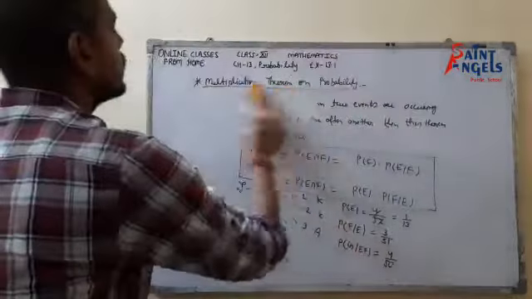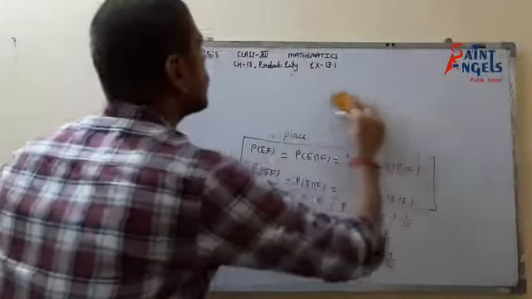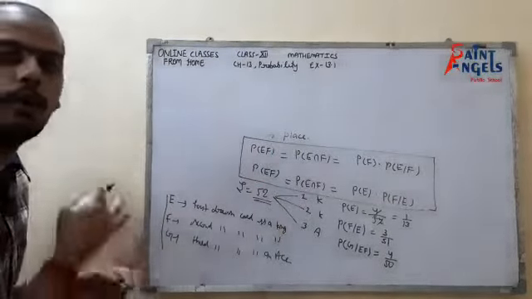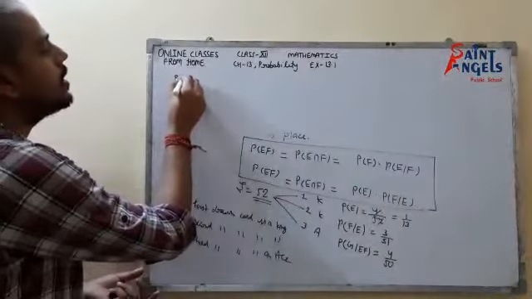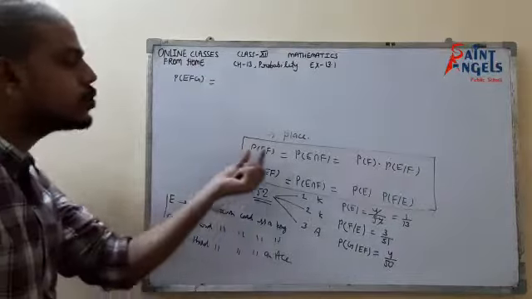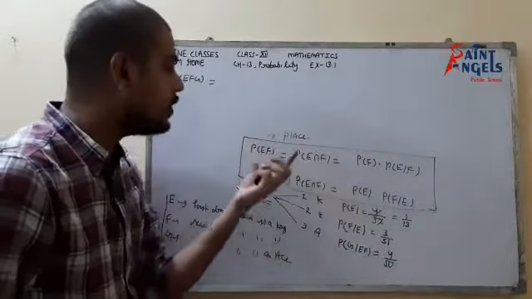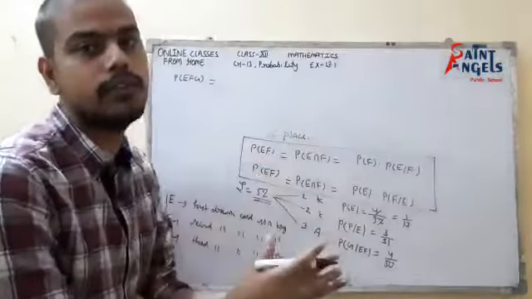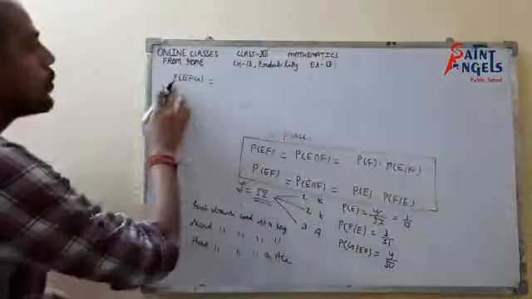Now, I am writing over here. We have to find the probability of drawing these cards simultaneously or one after the other. So we have to find P(E∩F∩G). But you would say, sir, we have written the formula for 2 events. You can increase this formula for n number of events. How? We'll get to know. So P(E∩F∩G).